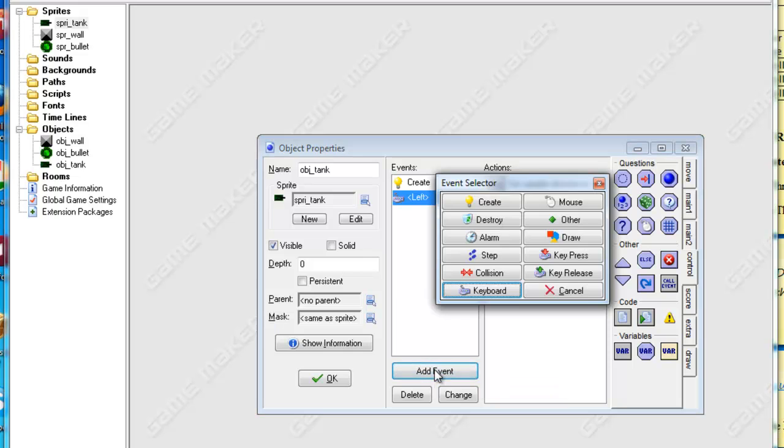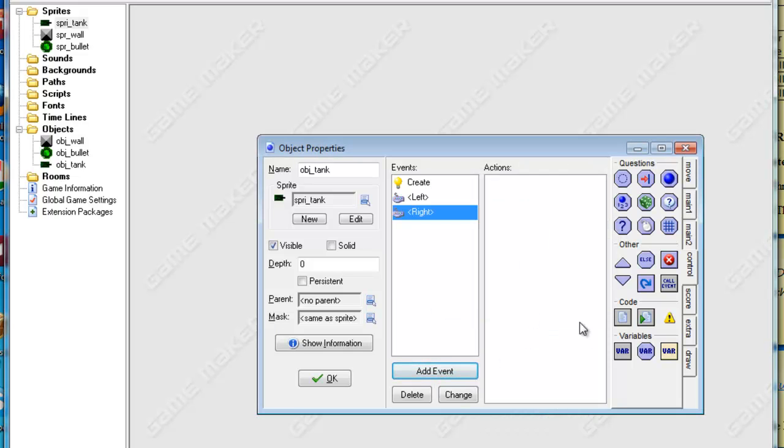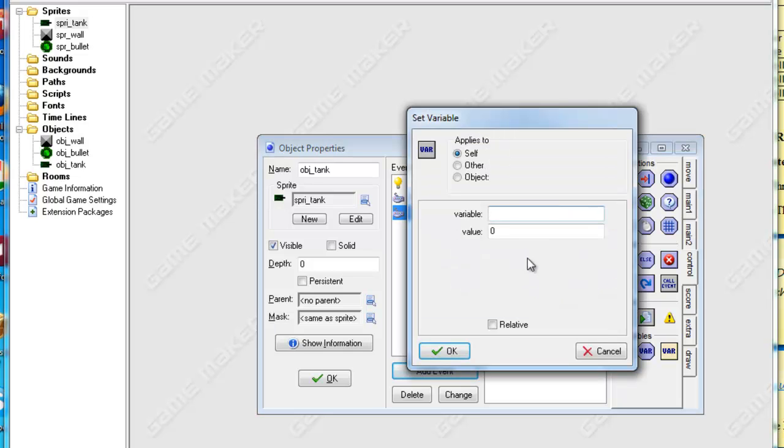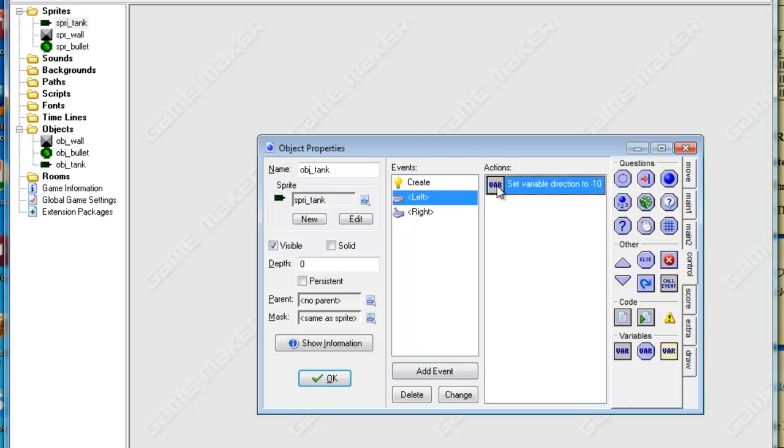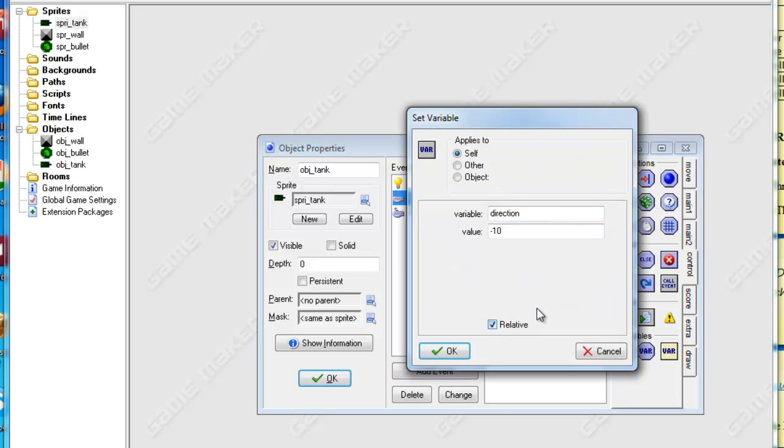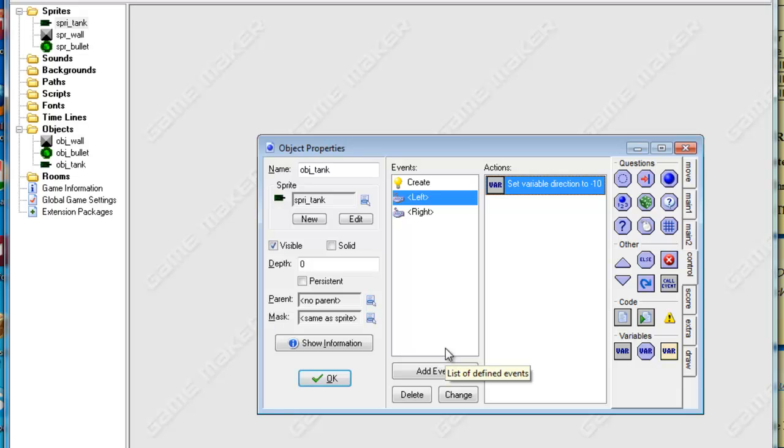Next event I'm going to add is my right keyboard event, and again same thing. I'll grab my variable, I'm going to call it direction, and this time I'm going to go back in 10 degrees, and I'm going to make it relative, which I did forget to do with the left. So I'll go back into my left, set my variable direction and set it relative. And what relative does is that when I hold the key down, it adds 10 degrees, then adds another 10 degrees, or subtracts 10 degrees. So I'll go minus 10, minus 20, minus 30, minus 40,